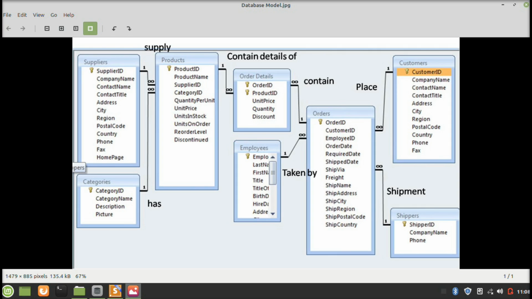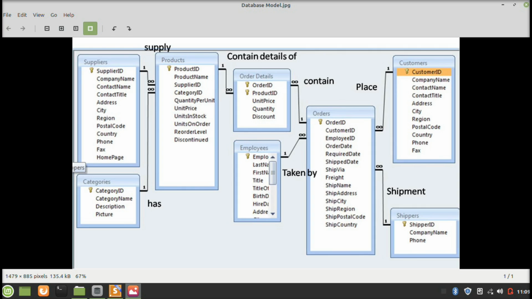Each order is taken by an employee, so the employee ID is used as a foreign key in orders, so that the employee ID in the employees table and the employee ID in the orders table should match.